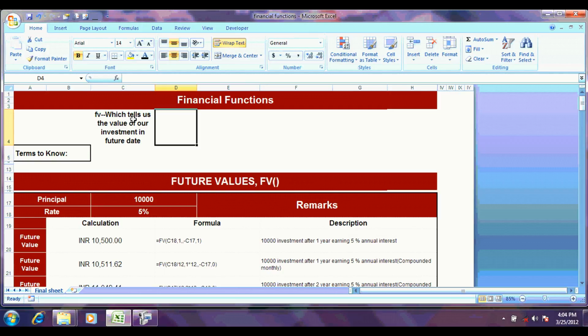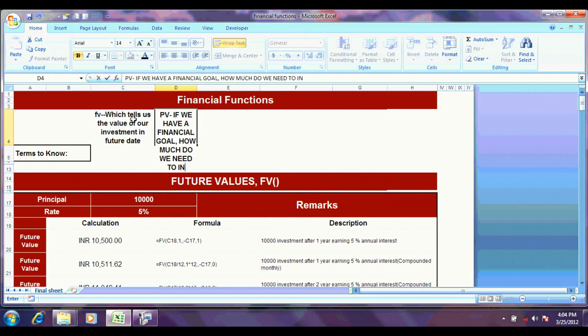Then we did PV, that is present value, that is if we have a financial goal, how much do we need to invest to meet the goal. Okay,